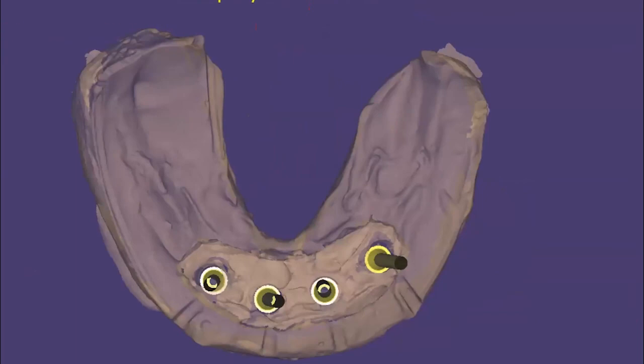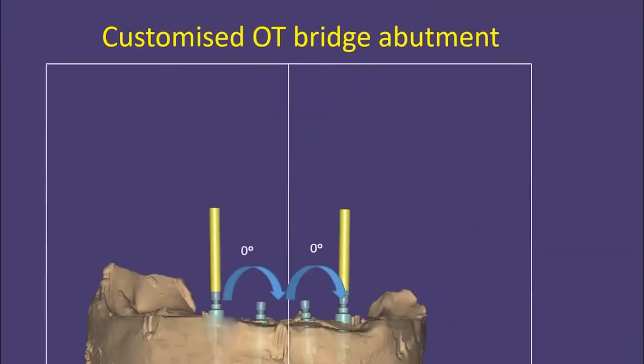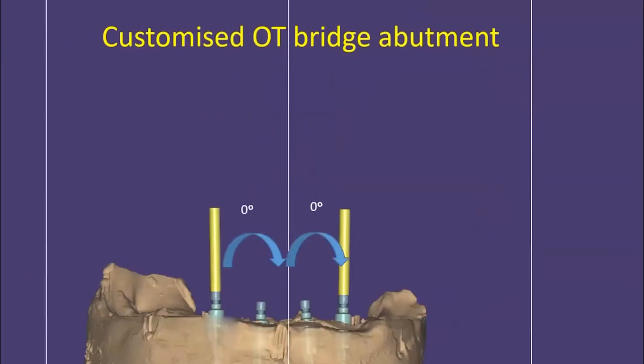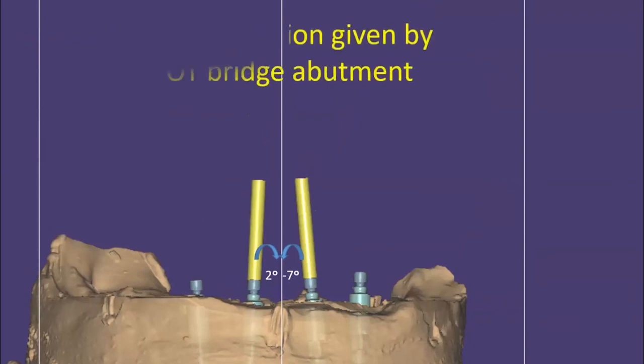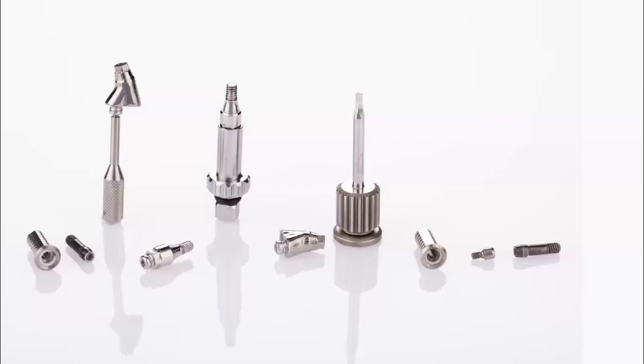As you can see, this is a multi-unit abutment, but if I use it, this is a zero which we have created customized, and this is the straight which I have used. It is still straight with 7 and 2 degrees of deviation, that is OT equator itself compensated. So this is the complete assembly, as you can see.